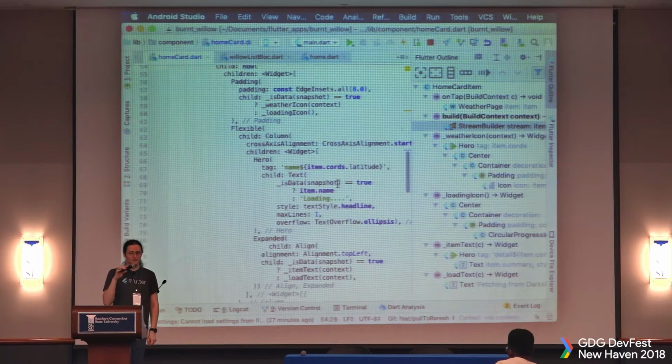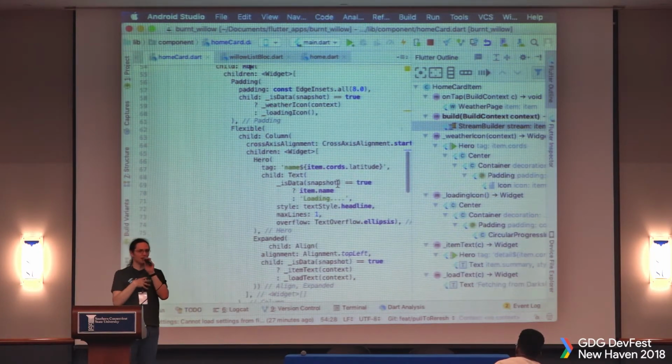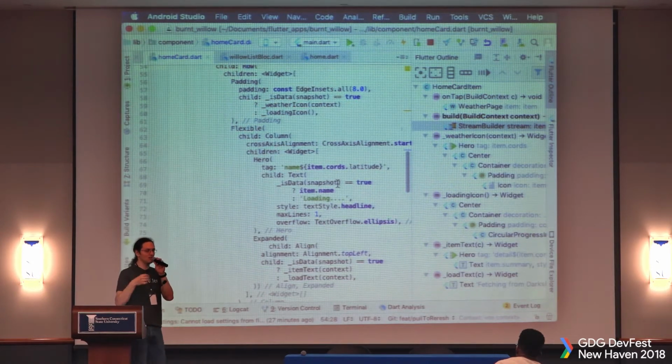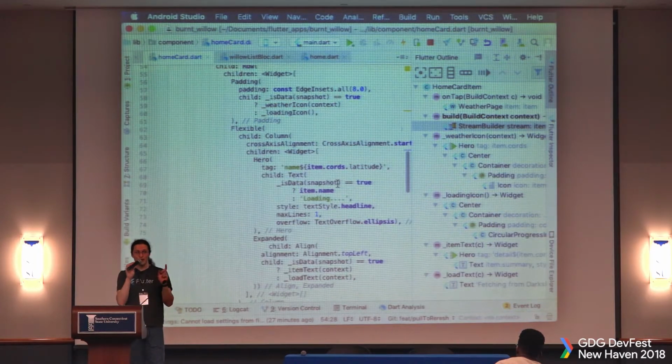Next, I'm gonna put a child for a hero animation, which is just the text. And now I'm gonna do another expanded. Why? Because my expanded is gonna say, hey, this flexible space I've got, anything left over, it's mine. You can't have it. It's mine. And now, normally this would be bad because I want my widgets to only be as big as they need to be. But because I have text and I want to wrap my text so that it fits,